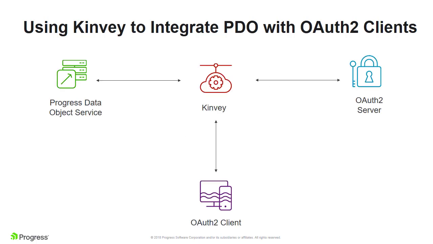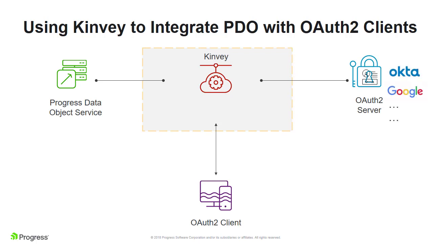Kinvey is a back-end-as-a-service platform that provides a host of services on the cloud, such as data storage and user management, that take away a lot of the complexity in developing mobile and web applications. Kinvey simplifies the task of obtaining an access token by easily integrating with many different authorization servers. A Progress Data Object Service can be added as a rapid data service in Kinvey and then assigned to a